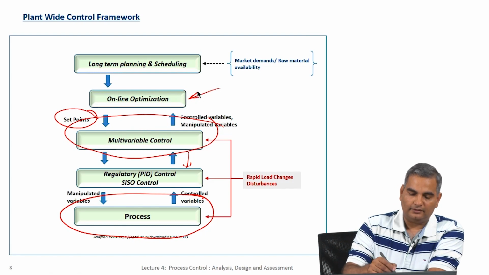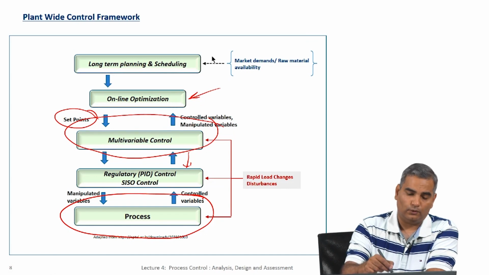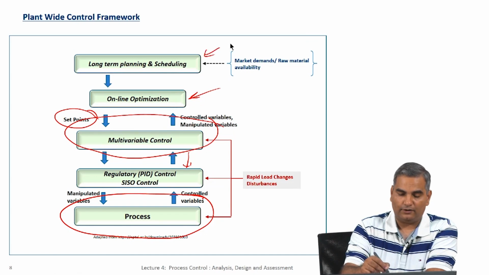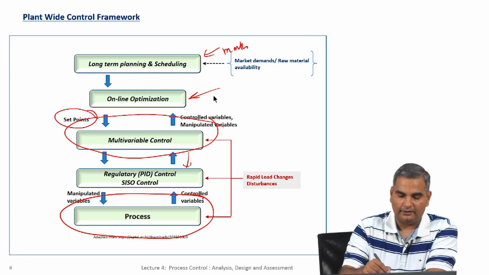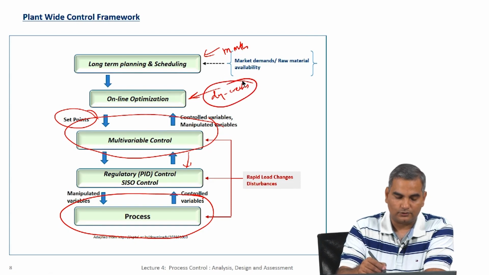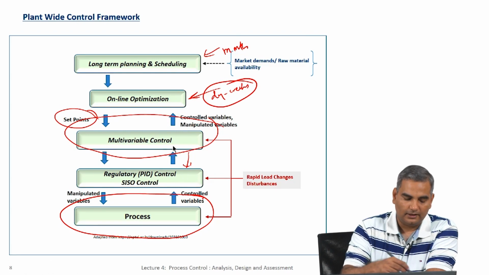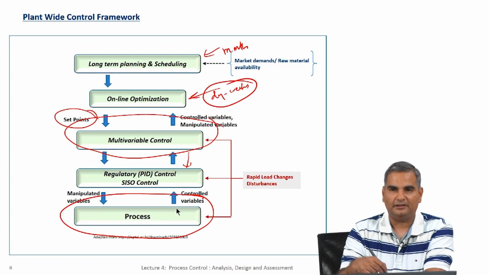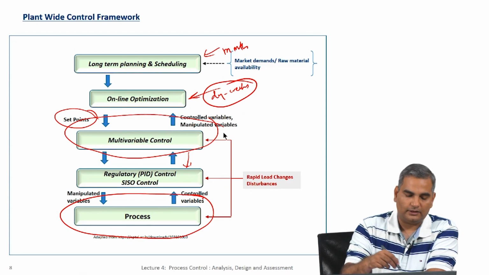And this itself could have information from long term planning and scheduling. So, this is more at the level of planning for, let us say, months, and then this online optimization could be at the level of days to weeks. So, these kinds of computations could tell you what set points you want for your many control variables, and then those get passed on to the SISO control loops, and this whole set of multiple SISO control loops work in tandem to control the process so that it is very profitable.